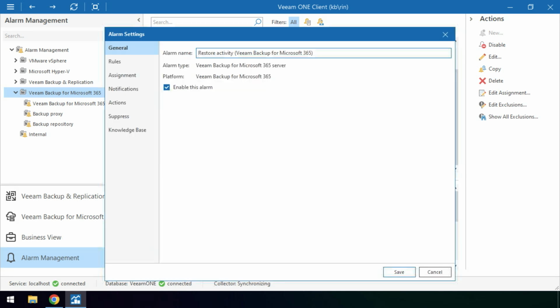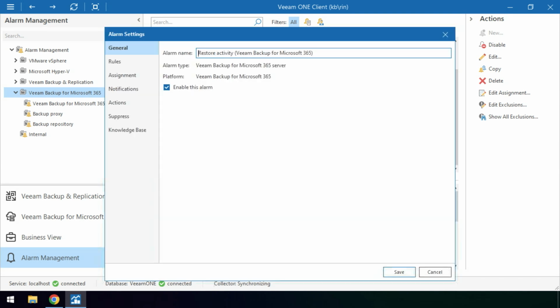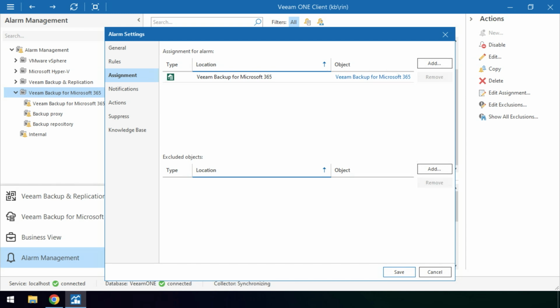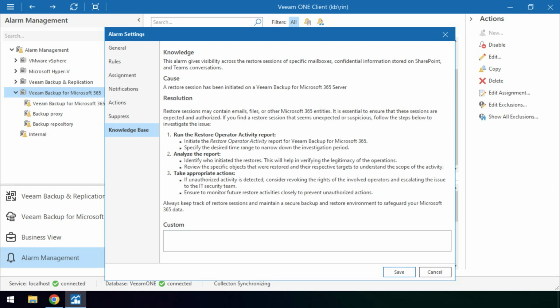One of my favorite reports is the Restore Activity Report. The Restore Activity Report allows us to see who is restoring data and if they're doing an export, a restore back to original location, and many other data operations for restore. You can even add custom notes to say, hey, if this triggers during these periods of time, please make sure you're contacting a certain phone number, email, or creating a ticket inside of a system.